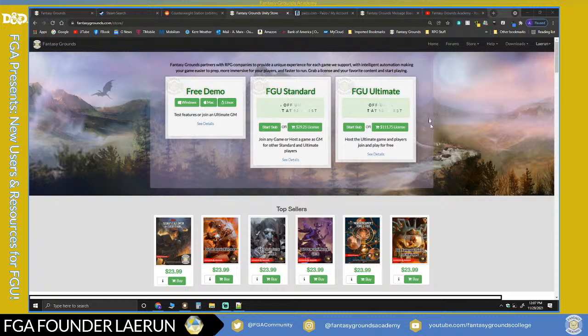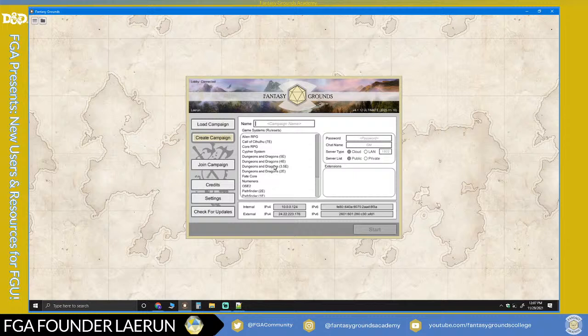I have tried other virtual tabletops, but this one seems to be the one that kind of shines to me because I can play it offline. I don't have to have a specific internet connection or a website portal. I use the software. It's kind of self-contained. There are some limitations on both ends of that. So if you're online, it's easier to get on and that sort of thing, and maybe even easier to use, more modern interface. But if you were going to go camping and you wanted to use your content like D&D Beyond or one of the other virtual tabletops, you won't be able to do that.